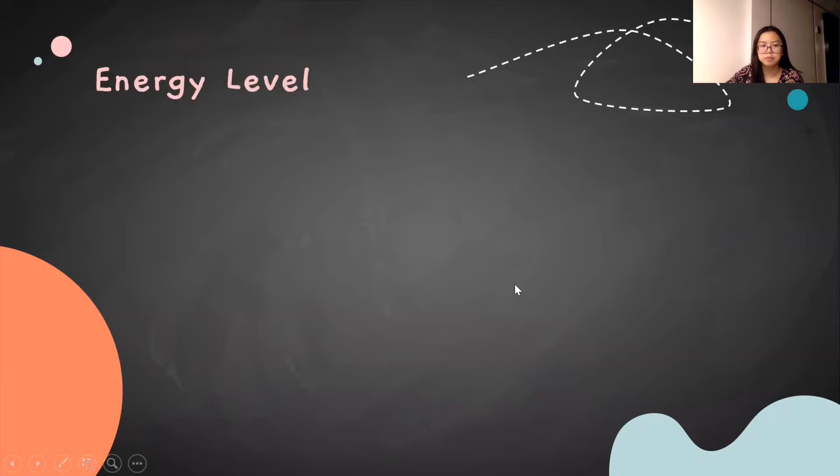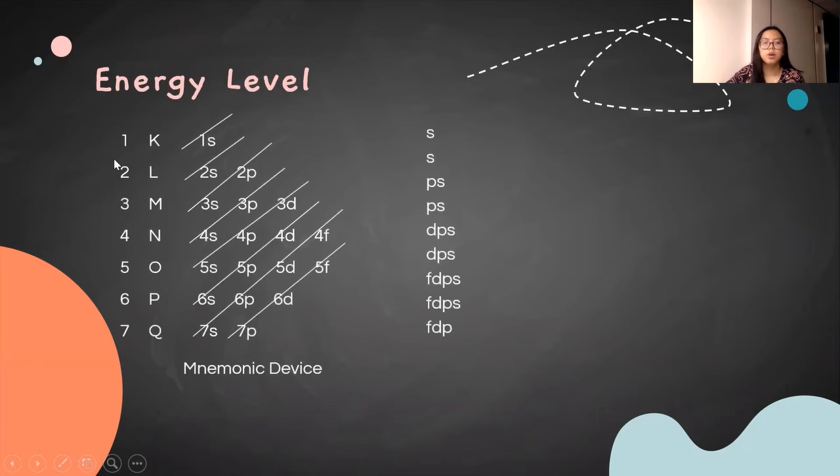Energy level. So energy level has 7: 1, 2, 3, 4, 5, 6, and 7. First one is K. Second is L. Third is M. Fourth is N. Fifth is O. Sixth is P. Seventh is Q. Then we will make it from here, 1s2 and going up,